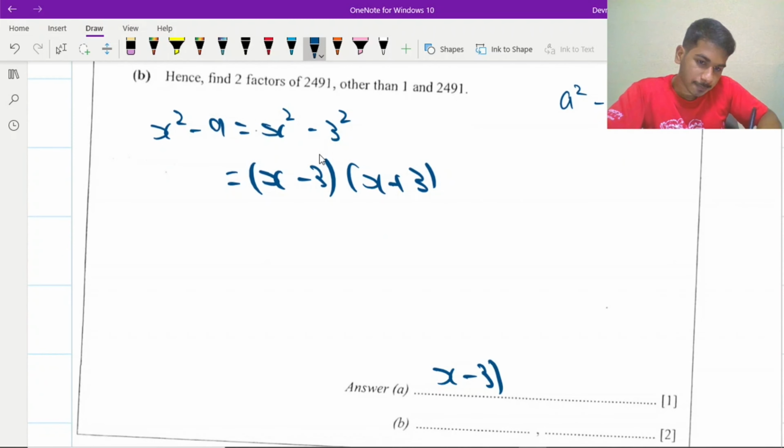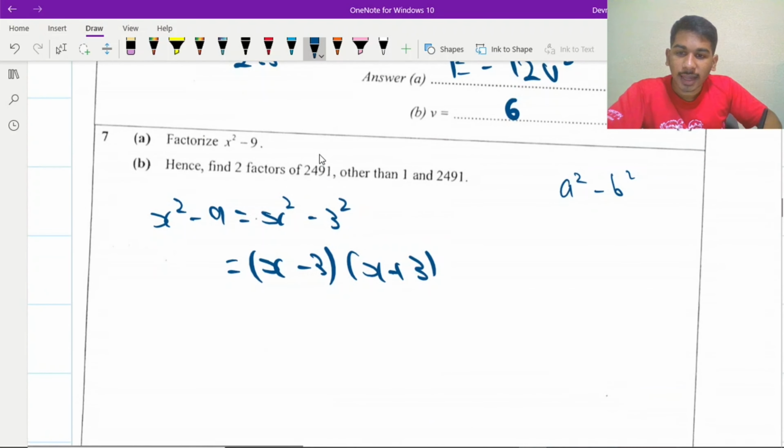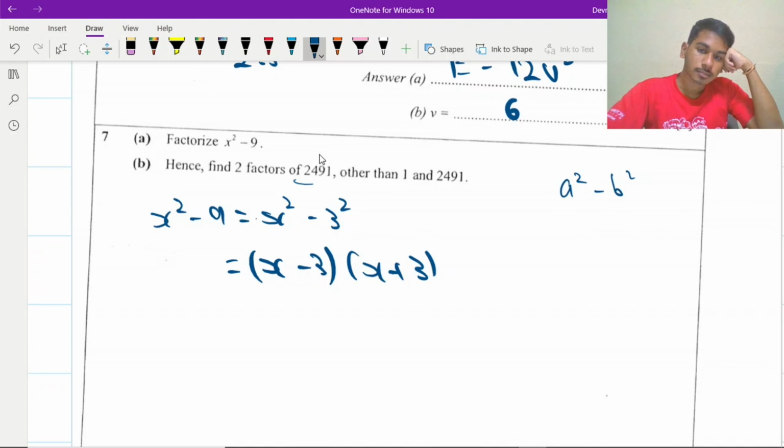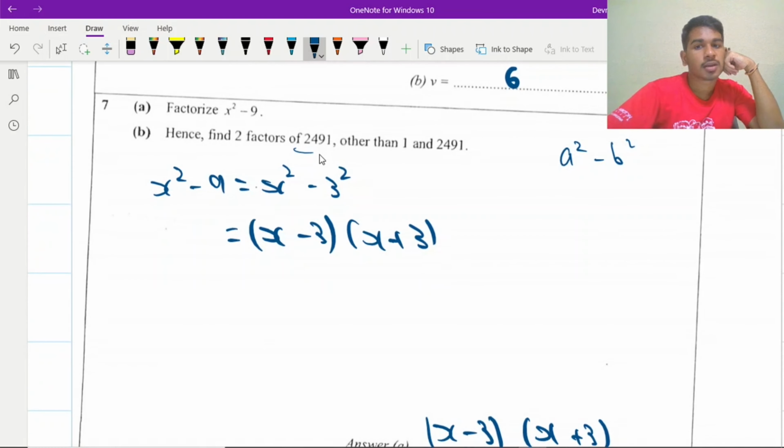X minus 3 times x plus 3. Hence, find the two factors of the number 2491 other than 1 and itself. Okay, when we have such a problem, we need to use part A, wherever there's "hence". So how can we find a factor? We are supposed to use something like